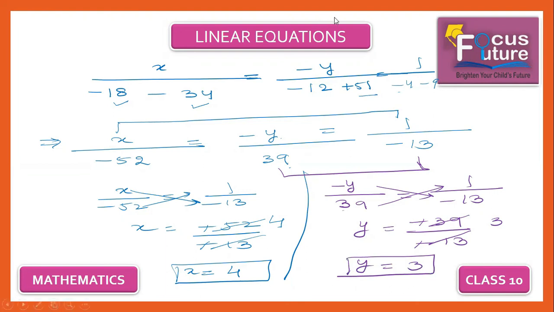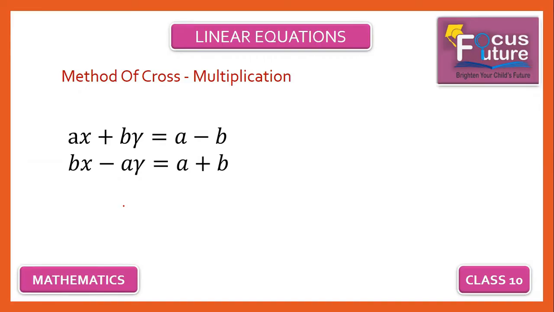Now let us do one more linear equation problem on this. So you have these two equations. Your first step would be that all the values should be on the left hand side, and on the right hand side you must have a 0. So as the first step you would write equation 1 as ax plus by minus a minus b on the left hand side, so that would be negative, is equal to 0.